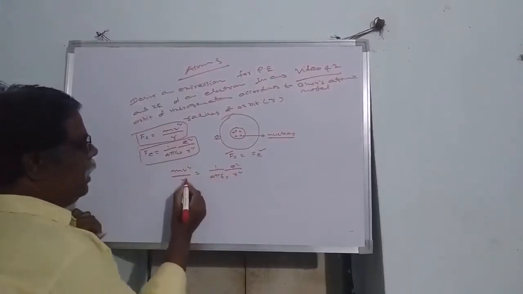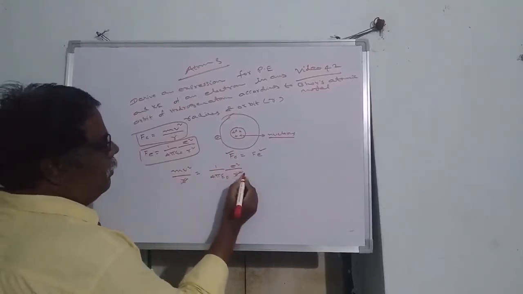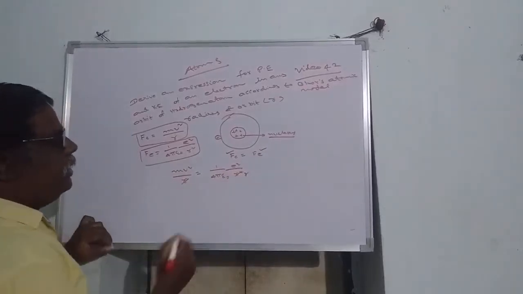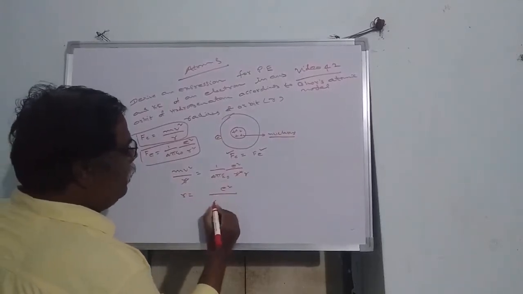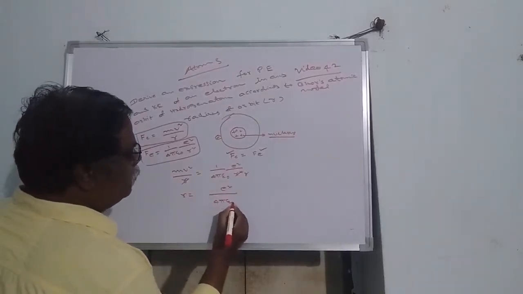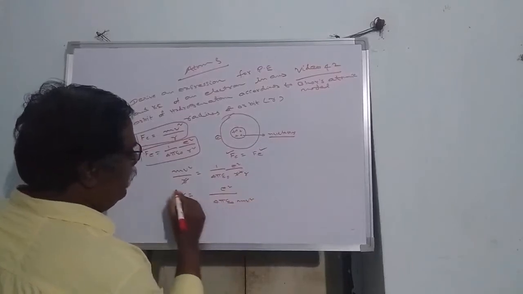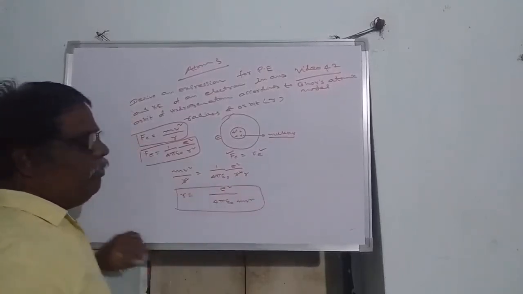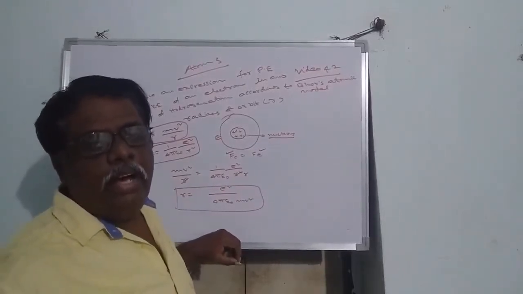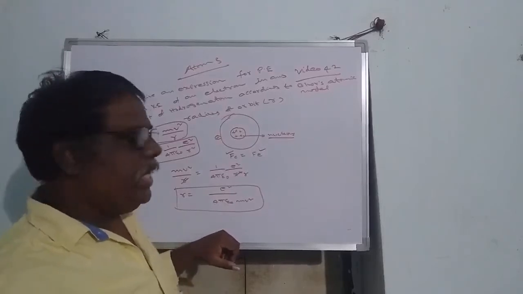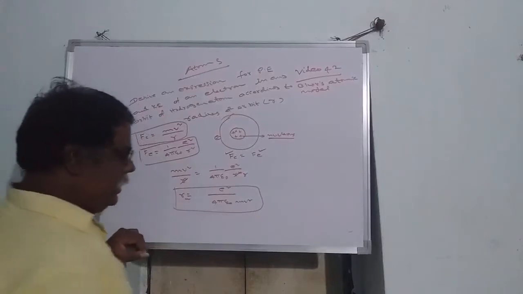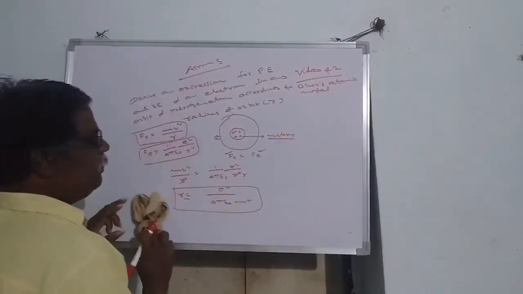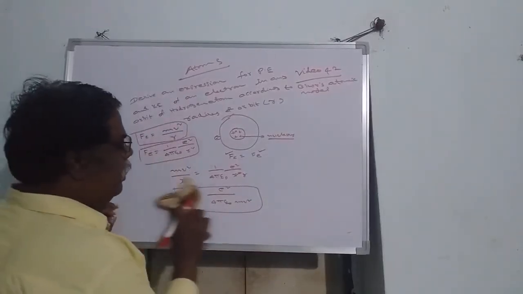So in equilibrium, r and r cancel, here we get only r. Therefore, the radius of the orbit is equal to e square by 4 pi epsilon naught mv square. This is the formula to find the radius of the orbit. So if the radius of the nth orbit is written with suffix n, r n, this is for the radius of orbit, e square by 4 pi epsilon naught mv square.